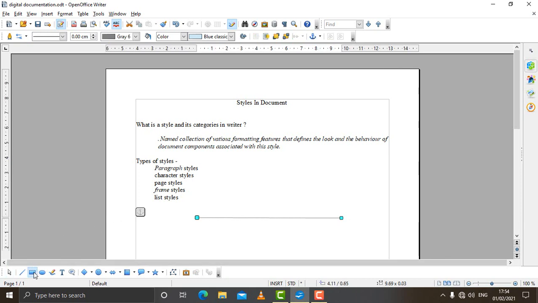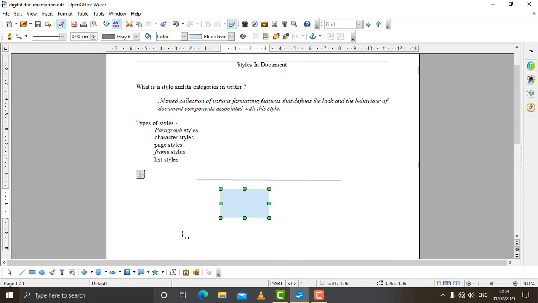You want a square, click on it, press and hold the mouse button and drag it. A rectangle or a square will be created. You want callouts, you click on any callout, drag it, and your callout is created. So in this way you can draw any of the drawing objects available on the drawing toolbar.